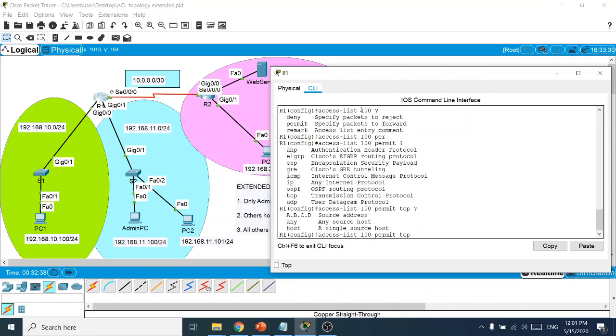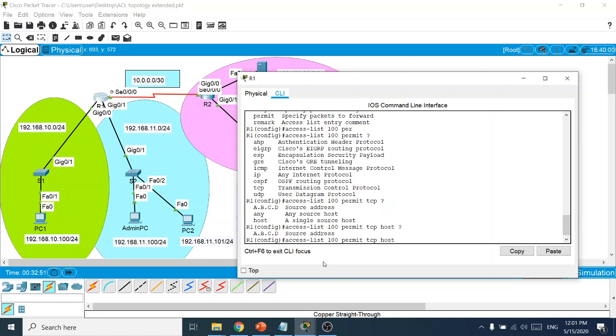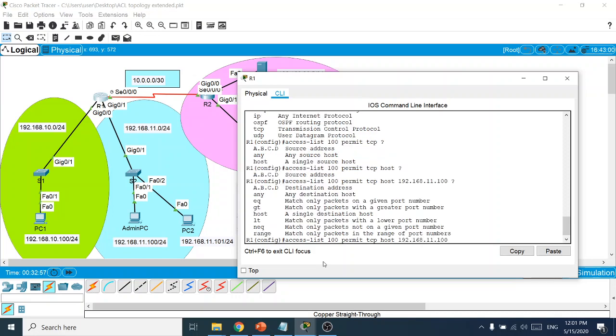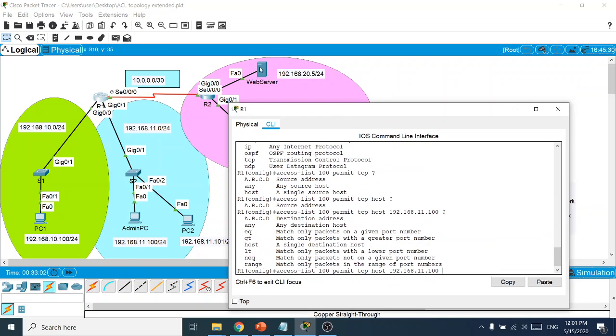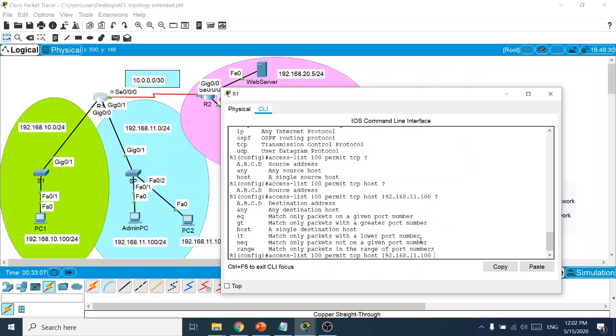Okay, after TCP, asking for source address and source wildcard mask. So of course, because this admin PC is a single IP, so you can use a host. Okay, TCP host. Source address is 192.168.11.100. Okay, so destinations same sebab kita nak kepada to this directly specific. Okay, kalau spesifik kepada 20.5, so kita akan pakai host 192.168.20.5. Okay, EQ equivalence to port